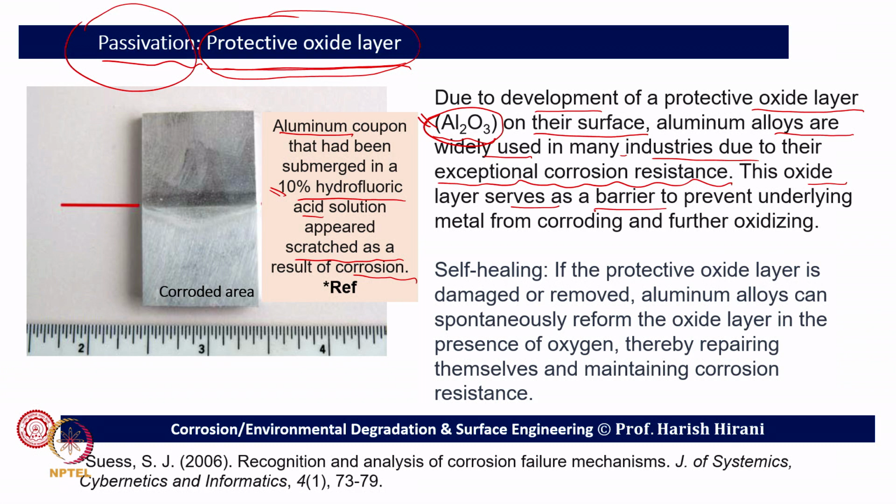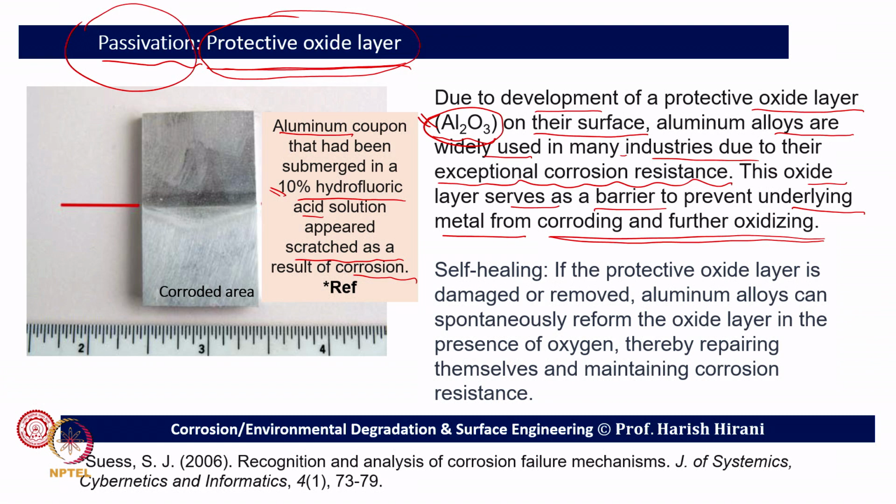Now, I can say that this is a chemical barrier, or I can say this is a kind of layer, that means a physical barrier. It depends on the way we want to present. We say that this acts as a barrier to prevent underlying metal from corroding further or further oxidizing. So, it prevents further oxidation of the surface, and that is why we can say from that point of view